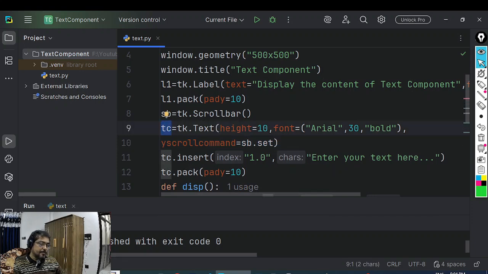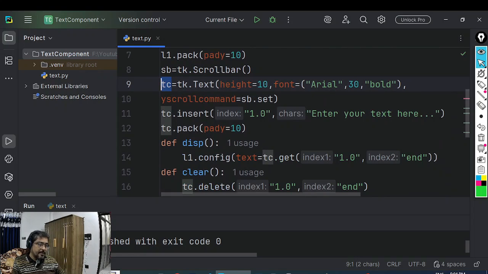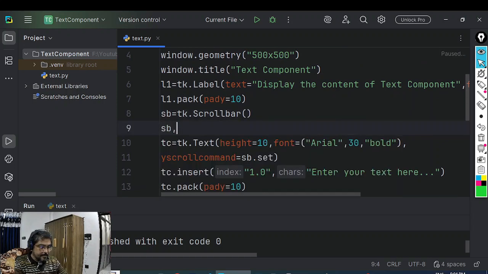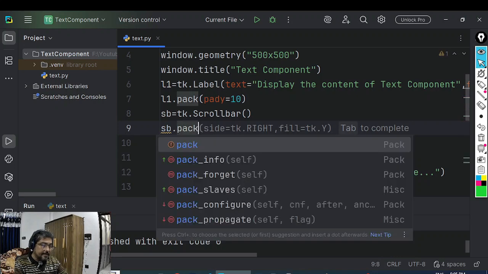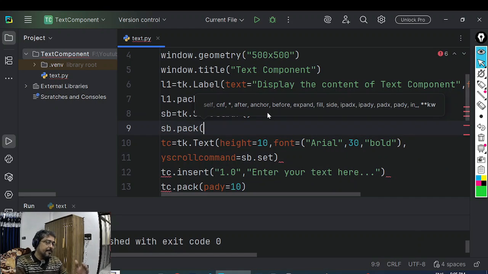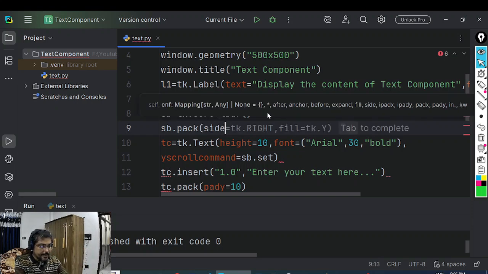Now what we are going to do is use this scroll bar. For using the scroll bar, we have to add one more command. Okay, we haven't added the scroll bar to our window, so let's first pack it. It's very important that when we pack the scroll bar, we decide which side it should appear on. It's a vertical scroll bar, so generally it is attached on the right side. So I will give it a side as right,